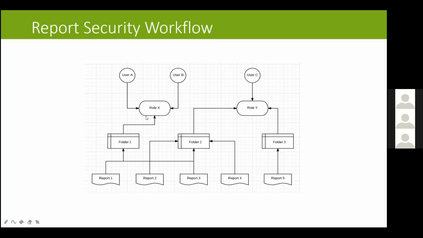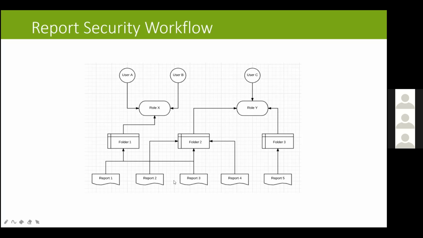Now this role can have multiple folders. It could have inventory or finance or procurement, or it could have inventory and finance and procurement. If you see, role X has only one folder associated with it, whereas role Y has 2 and 3 associated with it. So any user given access to report role Y can have access to both the folders.